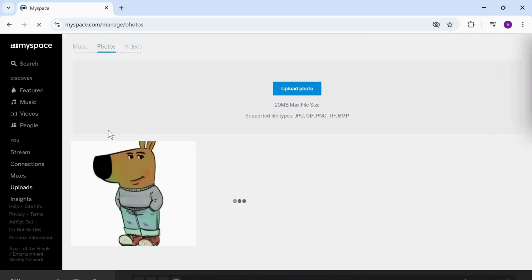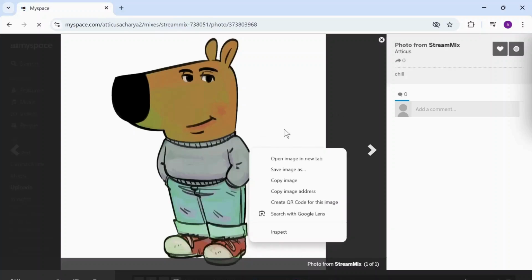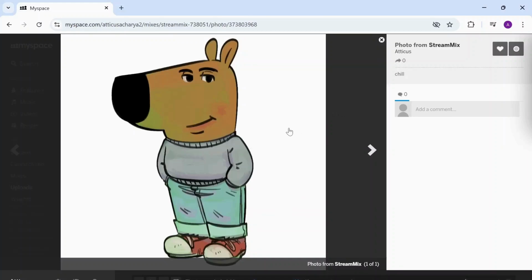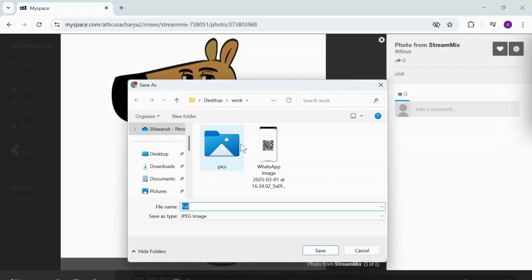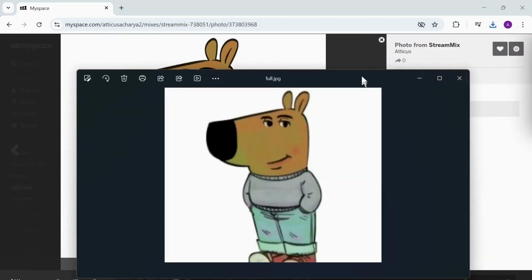your videos. So after you locate whatever you want to download, you can open this up here, and there you can see that there is no direct download button. So to download this image that you uploaded, you can tap on save as. You can right click on the image and tap on save image as, and it will take you to a file location where you can save it. So you can change the location from here as well and tap on save. After doing that, your image will get saved and you can open it up, and that's basically how you do